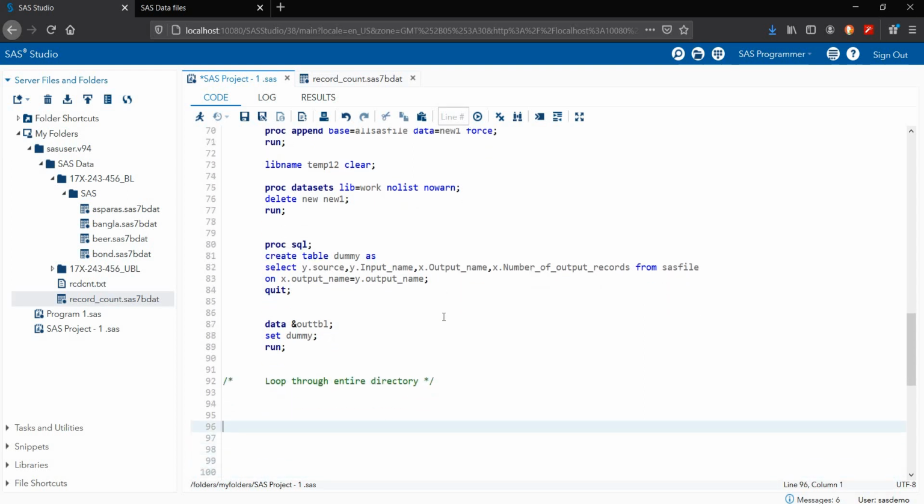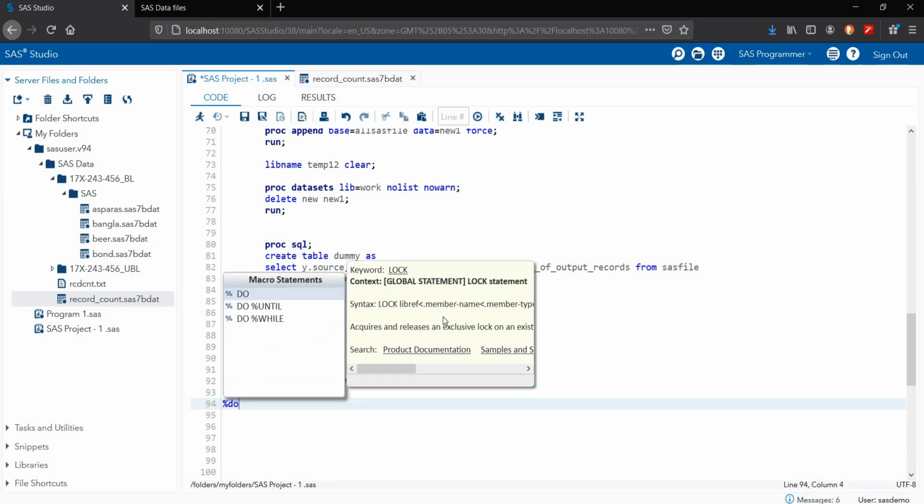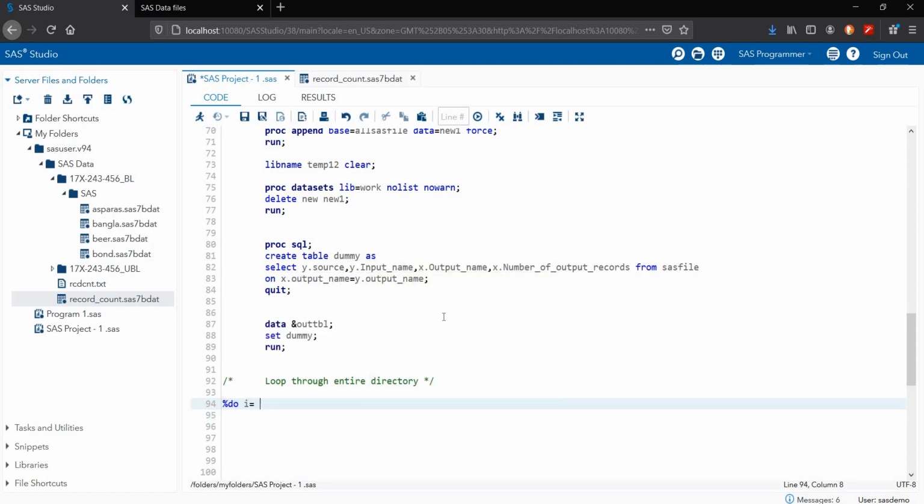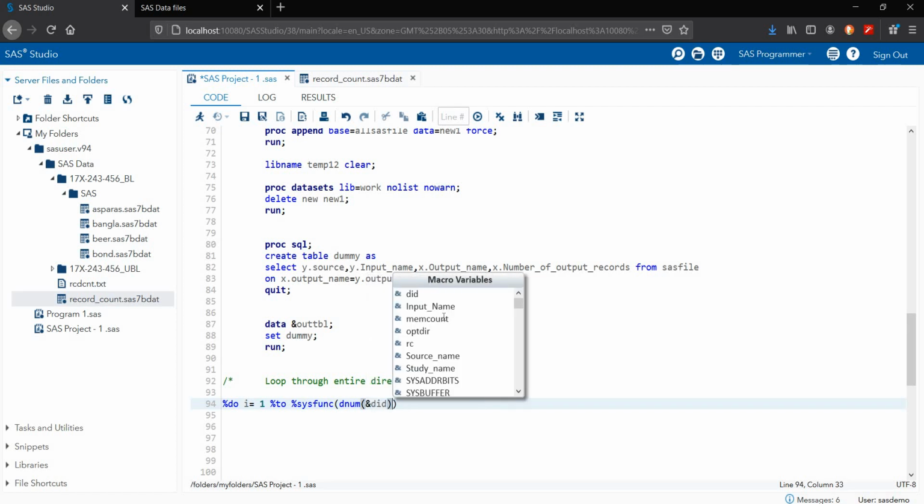So I'm starting with the %do i is equal to 1 %to %sysfunc, I'm using the dnum. I'm counting my directory, how many files we have, in the did macro variable, %did and %did. Now my first loop is done.